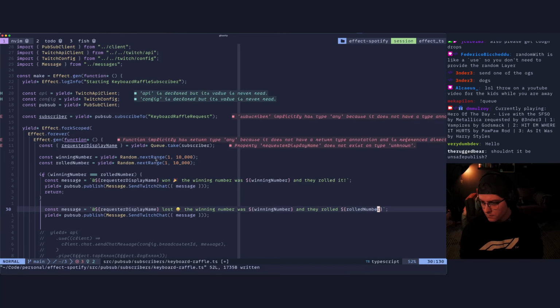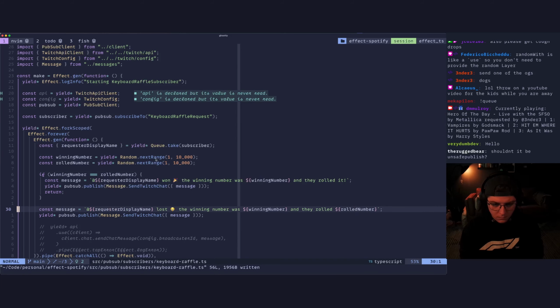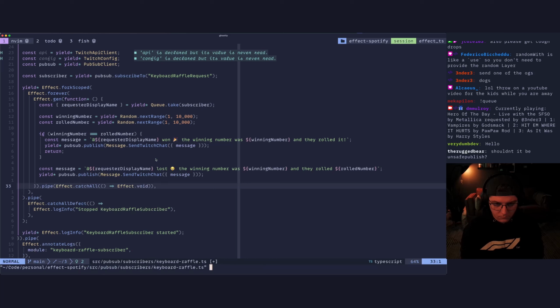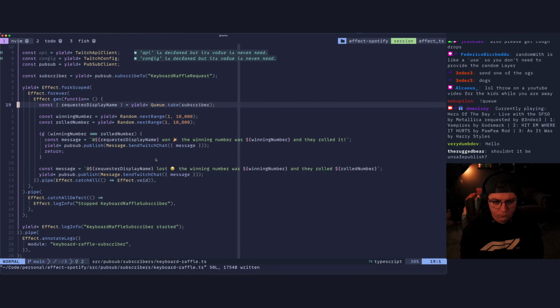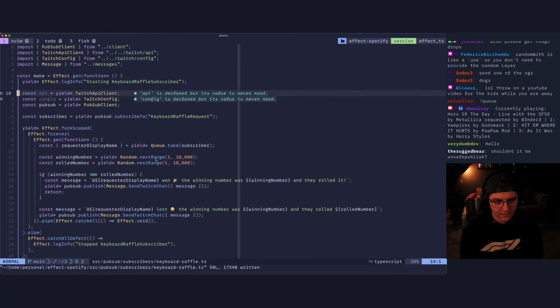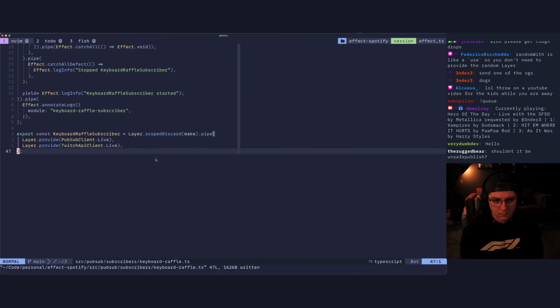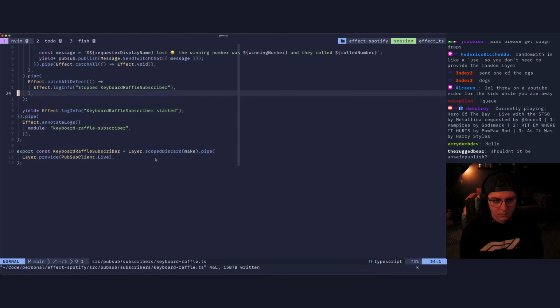Rolled number. Okay. No, it shouldn't be unsafe published because we're inside of an effect. I don't think we need that even.